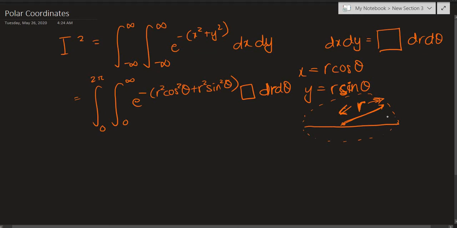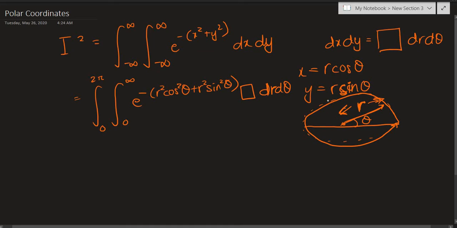Well, I have to remind you that we are rotating, or our angle theta is going from 0 to 2 pi. So it's basically circling back and coming back to this start point. So even though you may say that r is only working in the positive region, notice that theta is making that r rotate in a complete circle.